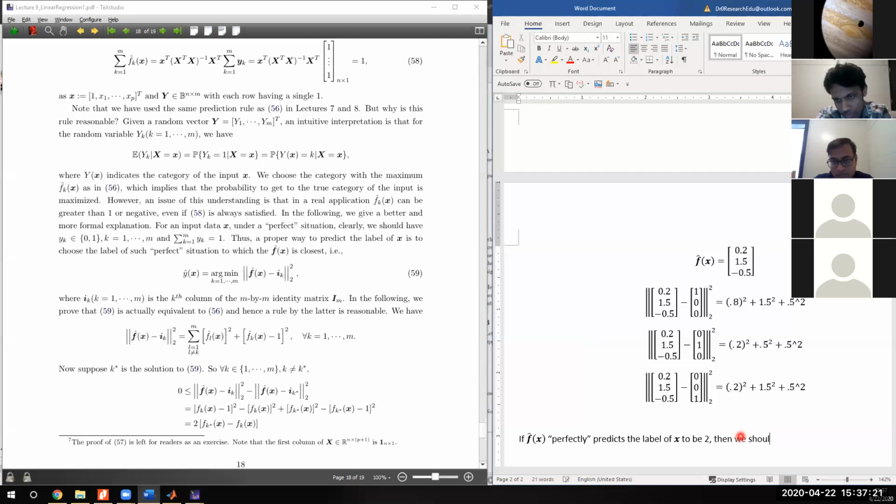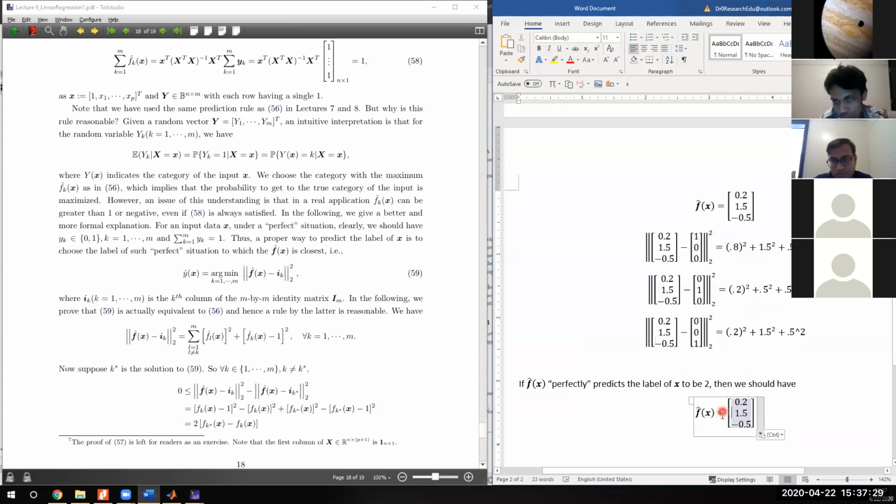Then we should have this one equal to I_2, equal to 0, 1, 0. So if it's perfect, then we should be this one, right? And of course, if it's perfect to predict label 1, we should be 1, 0, 0. If it's perfect to be label 3, then we should be 0, 0, 1, right? And this tells you this formulation,